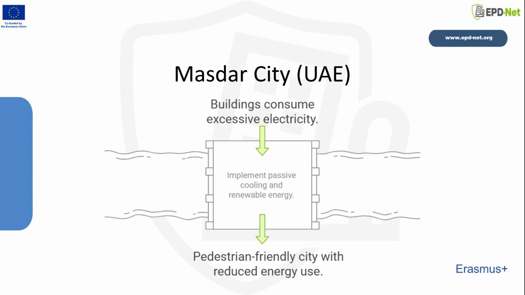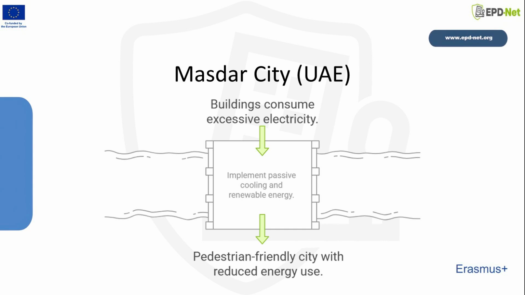Masdar City prioritizes pedestrian comfort through a bioclimatic, compact urban morphology that employs traditional passive cooling strategies, such as narrow, shaded streets and green linear corridors, to mitigate heat and enhance natural ventilation, thereby making walking a viable option for much of the year. This focus on passive design complements the city's energy performance goals, which have evolved from an initial zero-carbon vision to a low-carbon strategy targeting a 40% reduction in energy consumption relative to comparable buildings in Abu